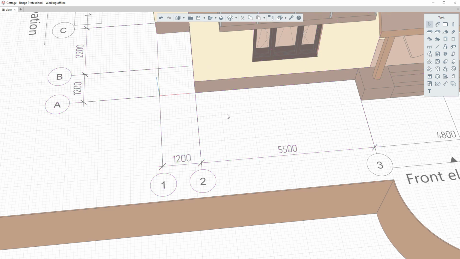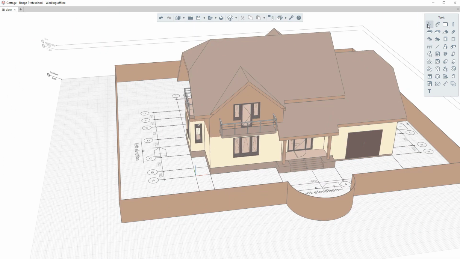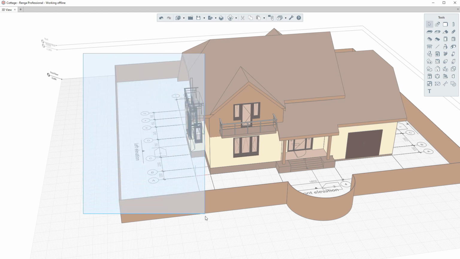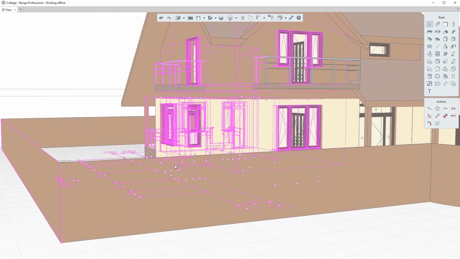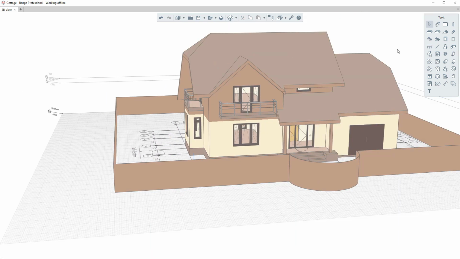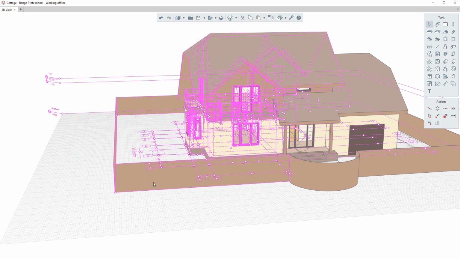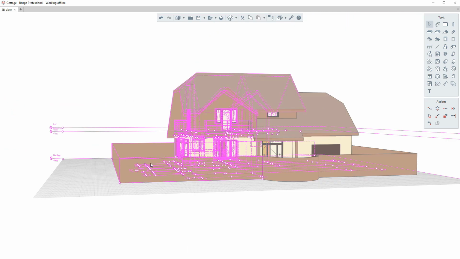To select all objects, including those covered by other objects, select the Select tool. Press and hold the Shift button. Press and hold the left button of the mouse to select objects by marquee. If you move the mouse cursor from left to right, the objects should be completely in the frame. The front wall of the fence was not completely within the frame and it is not selected. If you move the mouse cursor from right to left, you may get part of the objects into the frame. Now the front wall of the fence is selected. To complete the action, release the button. The objects have been selected.